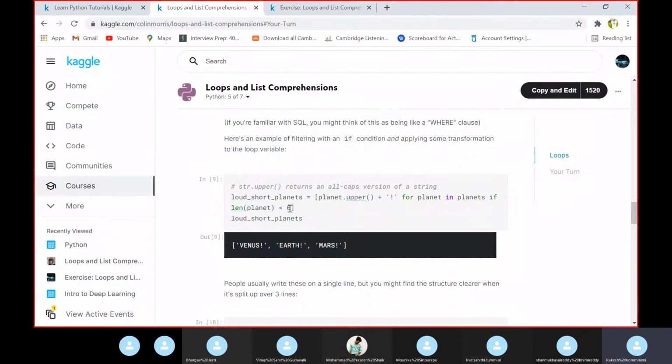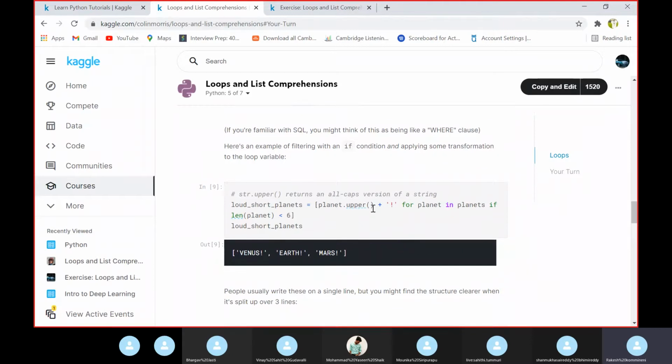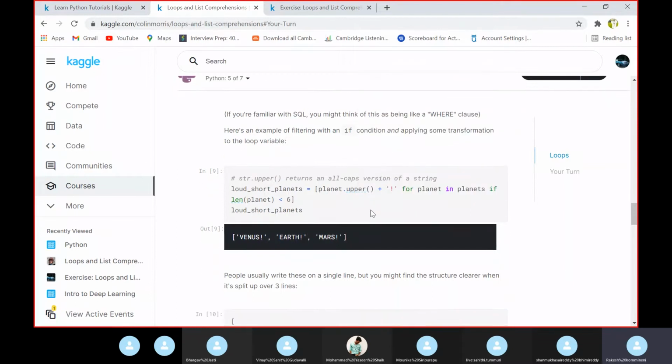If the length of the planet is less than 6, and also the planet is in uppercase, then we are retrieving those planet names, and also adding this string character.